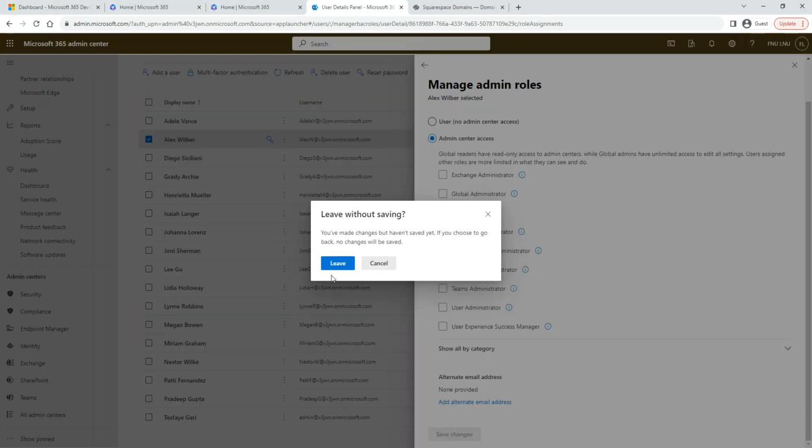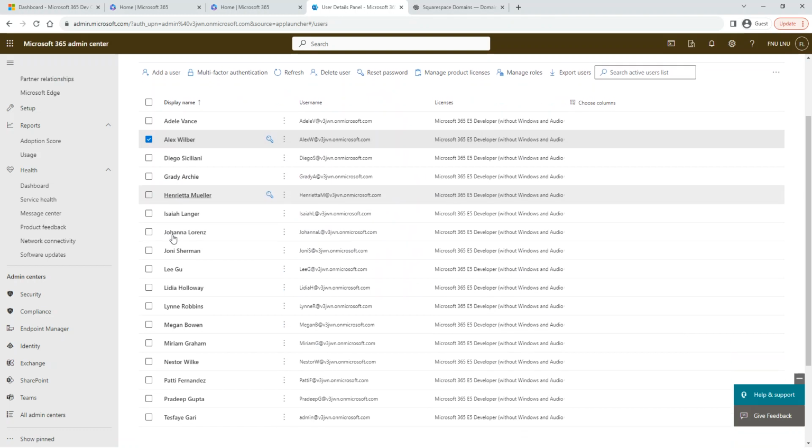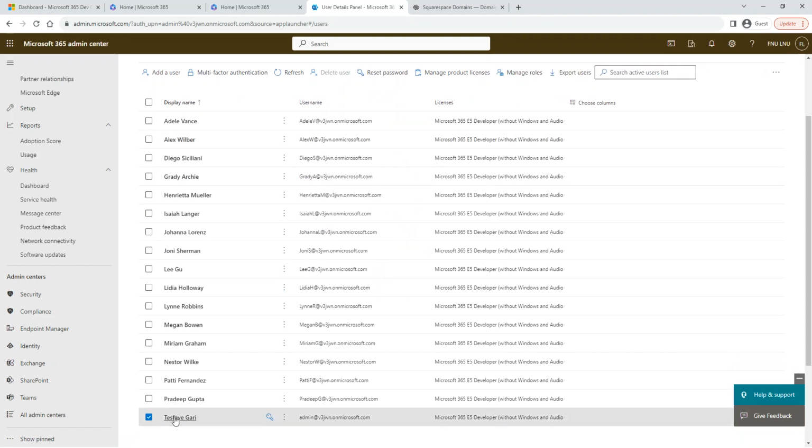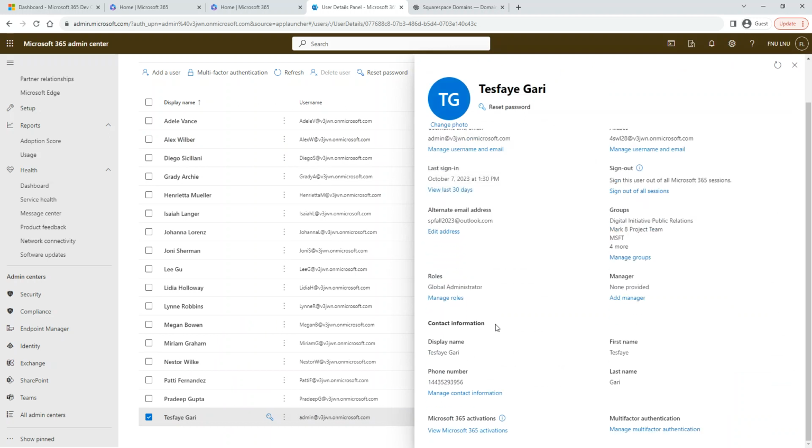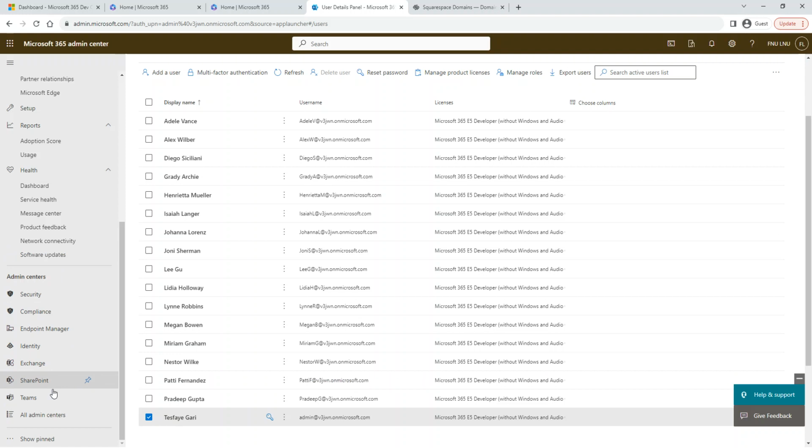So the global administrator is, for instance, in this case, Tesfaye. Where is my Tesfaye? This guy, Tesfaye. If you go a little bit down here and check the role, Tesfaye is what? Global administrator. What does that mean? He is an admin of all of the stuff in the entire Office 365. If you grant a user global admin, he can do anything in the entire Office 365 cloud. That is what we have right now. And this is a super user. Okay.